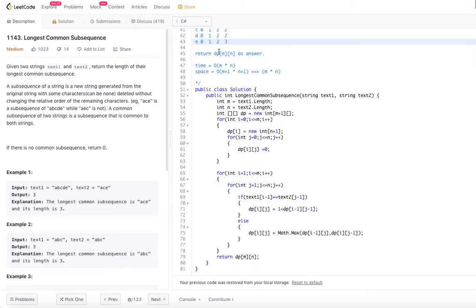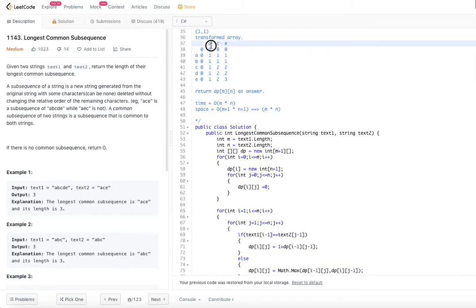What we are essentially doing here is comparing the first character here and the first character there. But the characters are in 0-based strings, while here we have (1,1), i and j. So if we have to refer to the characters in the string, we have to subtract 1 from both. That is why when i is equal to 1 and j is equal to 1, we are referring to the 0th character in both strings. That is what the comparison is.